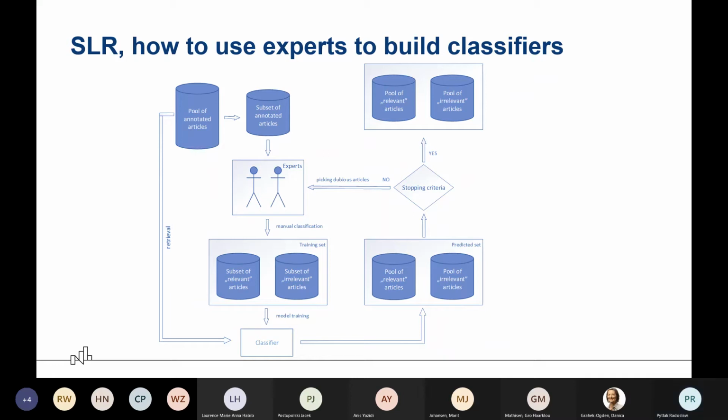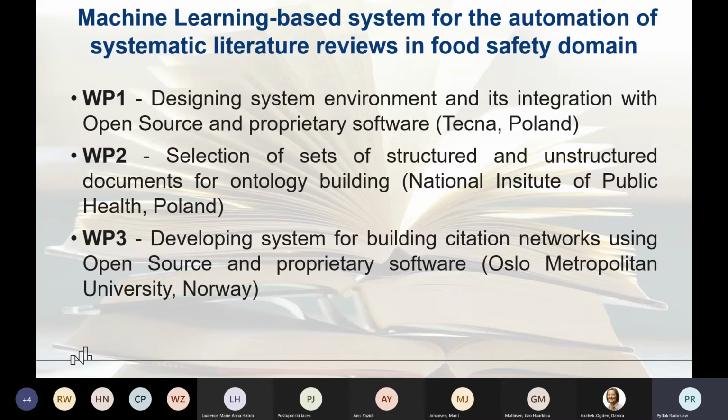So what I presented now is a standard approach used in automating systematic literature review. And summing up, because we have two goals in our project. The first goal is to build IT applications supporting the systematic literature review, and the second goal is to automate some steps of the process. And we have 6 work packages. The first work package is devoted to building an IT application. This IT application should generate some templates which will be built in